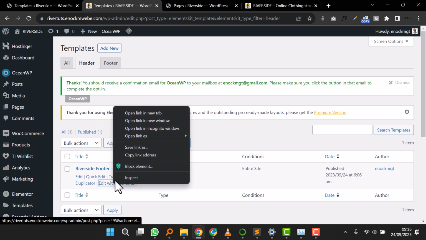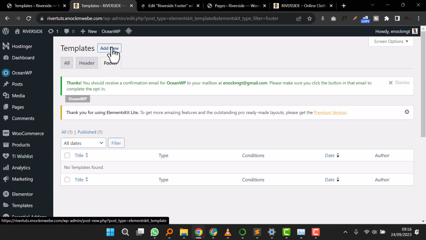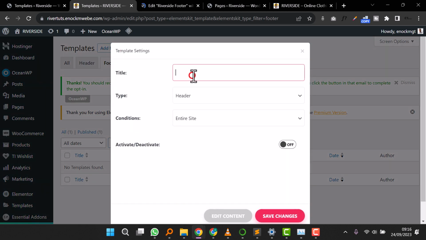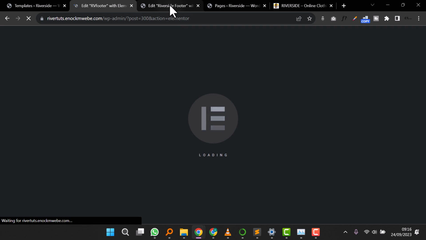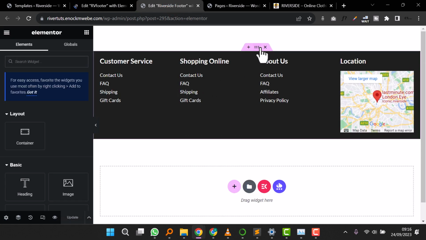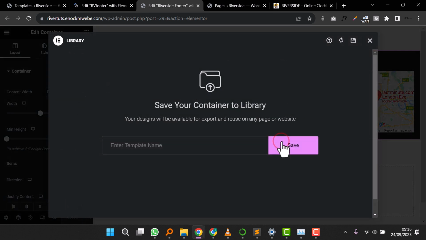I'm gonna open it up with Elementor. Then I'm gonna go under footer, then create a new one. So I'm gonna click add new, and let's just call it RV footer. Then I'm gonna change this to footer and click edit content. So I'm gonna go in the one we created, then I'm gonna right click on this section, then click save as template, then I'll just call this footer. Then I'll hit save,